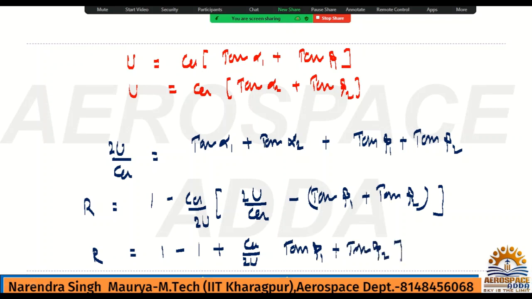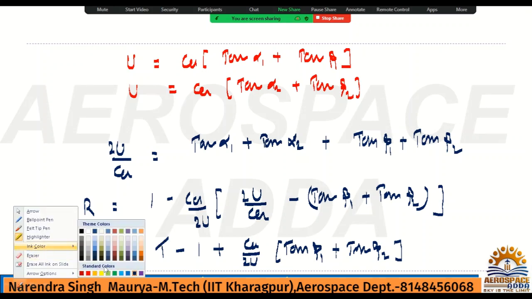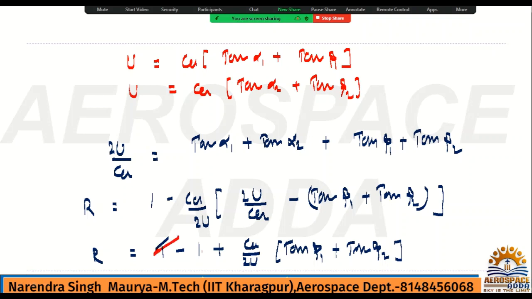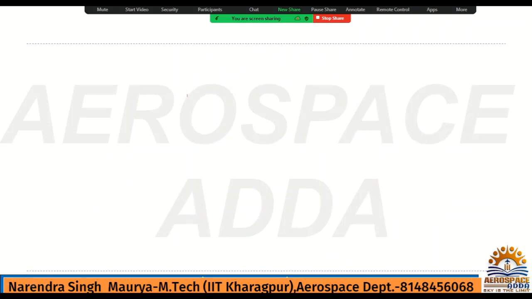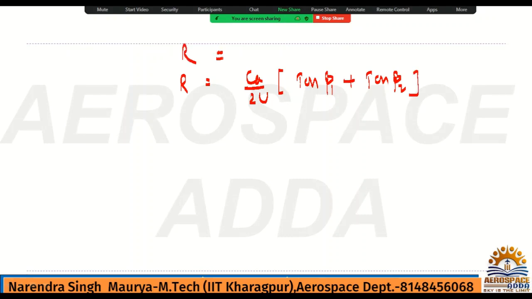This is also a very powerful formula. These both will be cancelled out. This value will cancel out, 1 plus minus 1. So what you will have, this is a very powerful formula, CA by 2U in bracket tan beta 1 plus tan beta 2. So two formulas you have, one is R is equal to 1